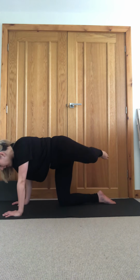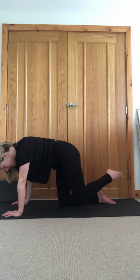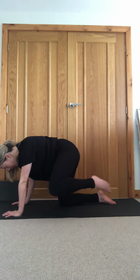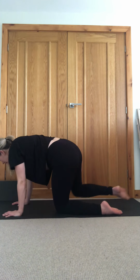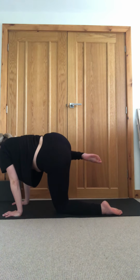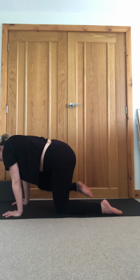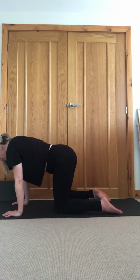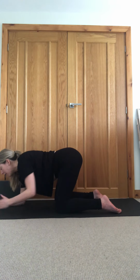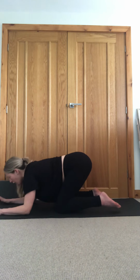Just gently opening the hips, go one way and then the opposite way. Staying grounded through the palms and then switch sides. So opposite knee lifts. You may find you can go wider at one side than the other, that's completely fine. And then gently lower. From here into either a half dog, bum and hips press back, or if you feel